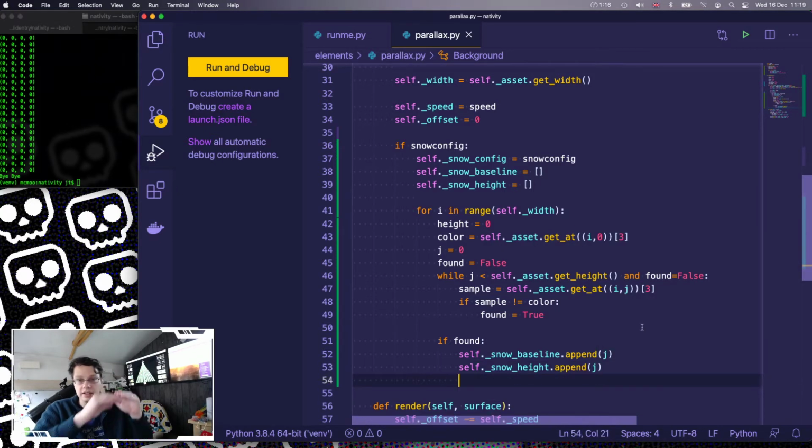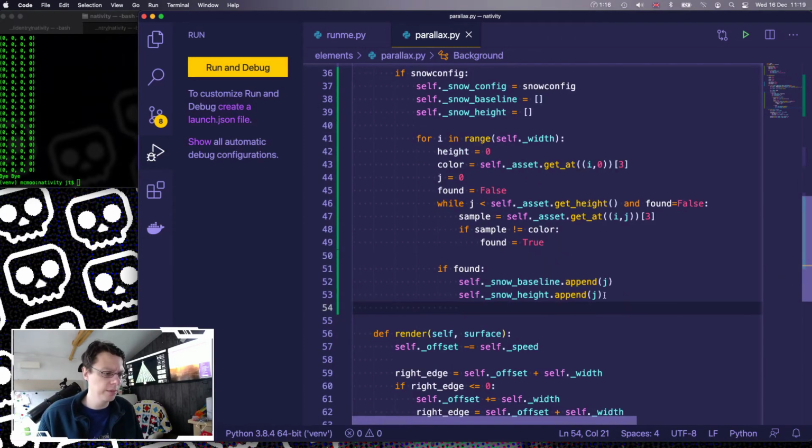Okay, so that's basically going to set the same value to both, so you're going to get basically a 1 pixel, because when I draw the line, it will draw it from the same pixel. But I'm not sure if that will actually render anything or not, because if I give it a width, it probably will render a single pixel of snow to begin with. Okay, what we're now going to do